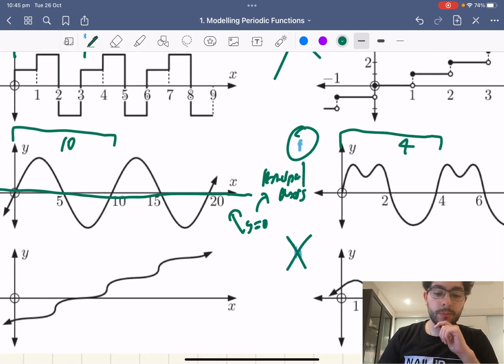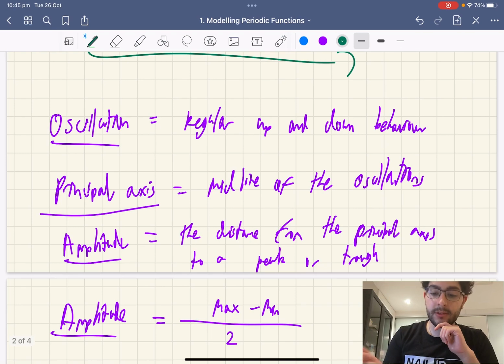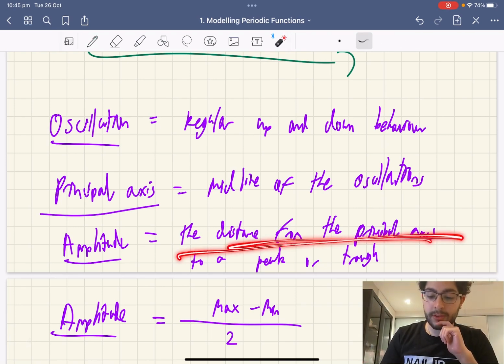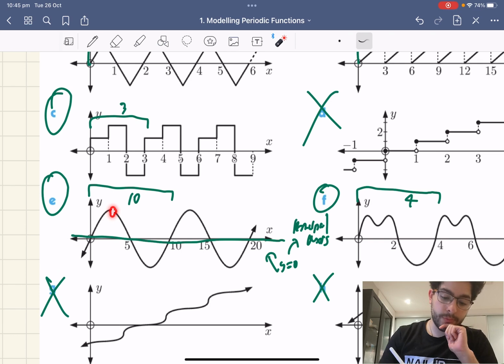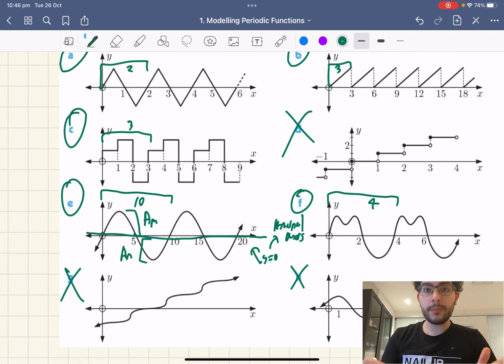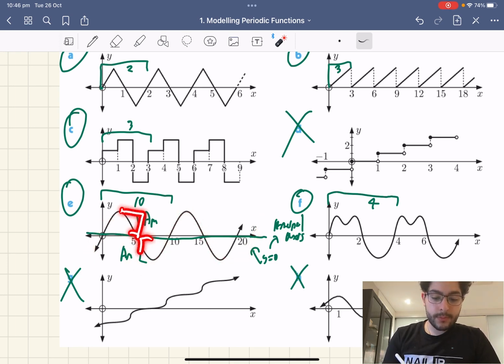Now, the amplitude, if you may remember, is the distance from the principal axis to the peak or trough. Peaks are at the top, troughs are at the bottom. Either way, the distance from here to here, that's an amplitude. Similarly, from here, that's an amplitude. Either way, we have shown using this very basic graph that we have an amplitude and a period,